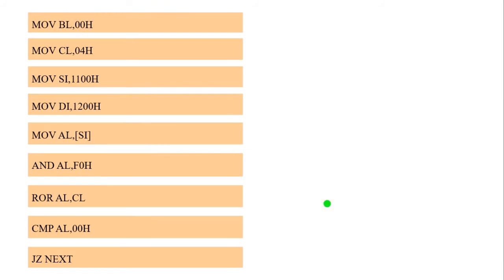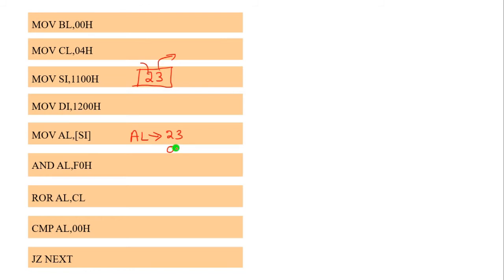Now I am going to explain one more example. In this example, I will take the 1100 value as 23. That means the particular memory location contains the value 23. This is the higher nibble value, and this is the lower nibble value. What is the first step? Move the first BCD data into AL. Now the AL value becomes 23. Here we are going to perform the lower nibble masking.